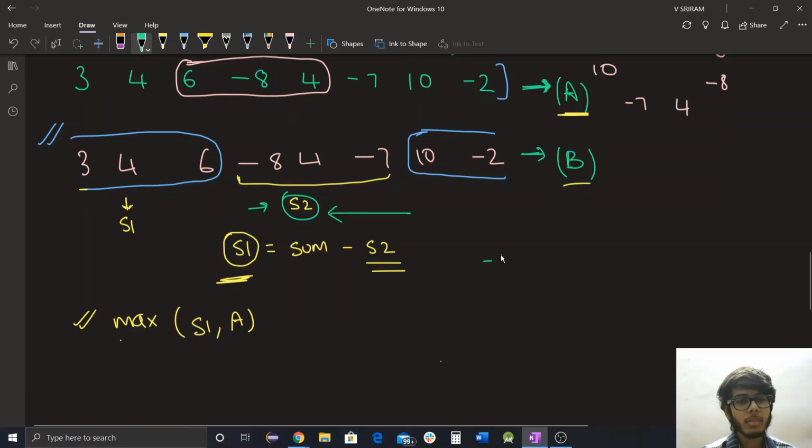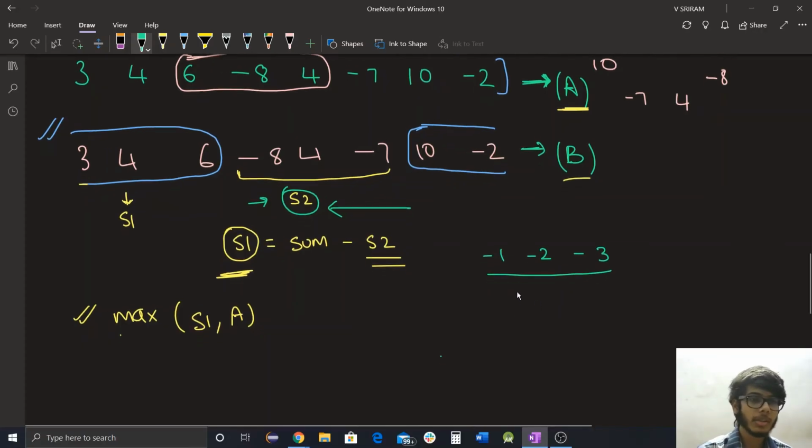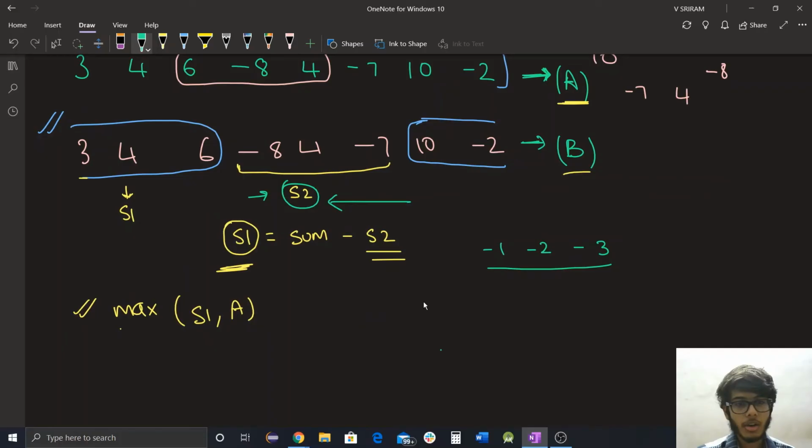that if every number in the given array was a negative number, like if the given array was -1, -2, and -3. According to Kadane's algorithm, the maximum subarray sum would be -1, which is correct in its place. But according to our algorithm, the minimum sum would be the sum of the entire array, that is -6, and the total sum is also -6. So we would be subtracting -6 from -6, and S1 would become 0.